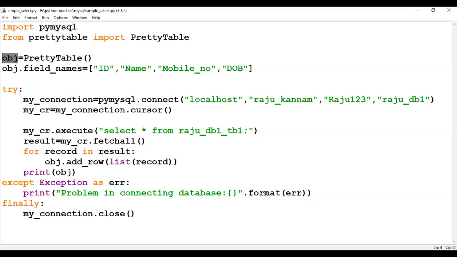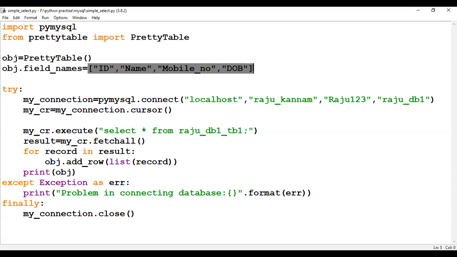In this class, you will have two fields. One is, if you want to set the headings in the table, you have to call the field_names attribute. So now obj.field_names, and you give the list.